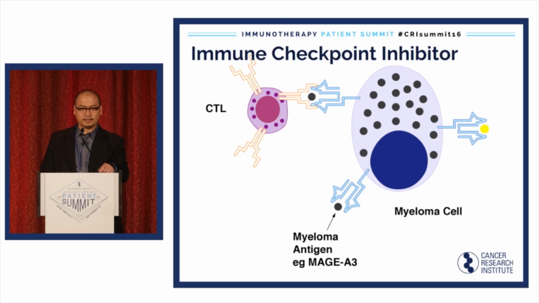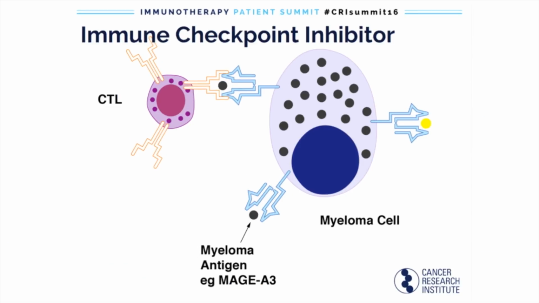And finally, immune checkpoint inhibitors are the best studied and the most broadly available immune therapies that are available now. The way that immune checkpoint inhibitors work is, as we saw earlier, cytotoxic T lymphocytes scan around the body, looking at the MHC, looking for tumors. A tumor-specific T cell is looking for a tumor-associated antigen. And so it reads it like a barcode, and it sees that it's something that it doesn't like, and that's